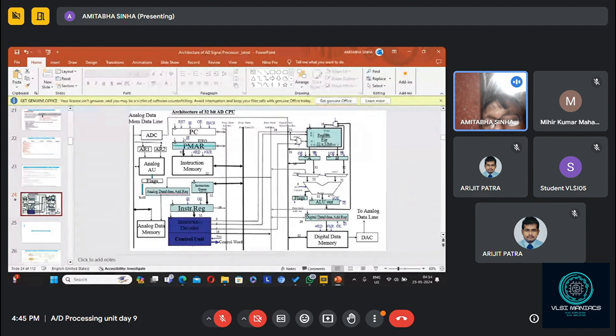When I is on, meaning high, at the leading edge of the clock, whatever is placed in the address bus will go into the PMAR and will be latched. That's a simple thing. Is that okay? So PMAR is a 24-bit register, and a register is nothing but